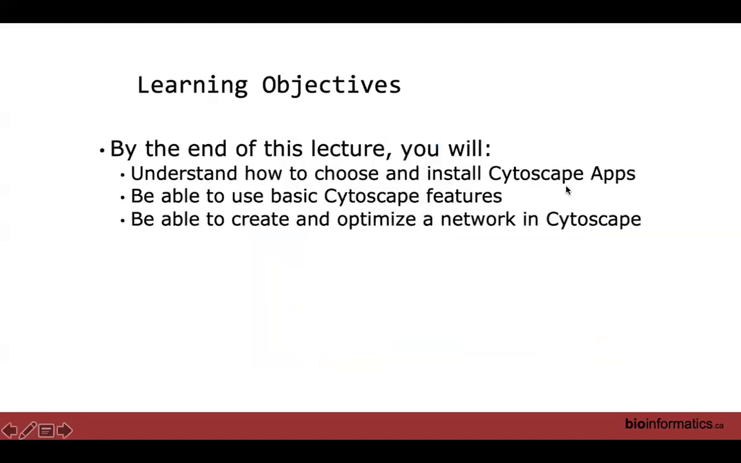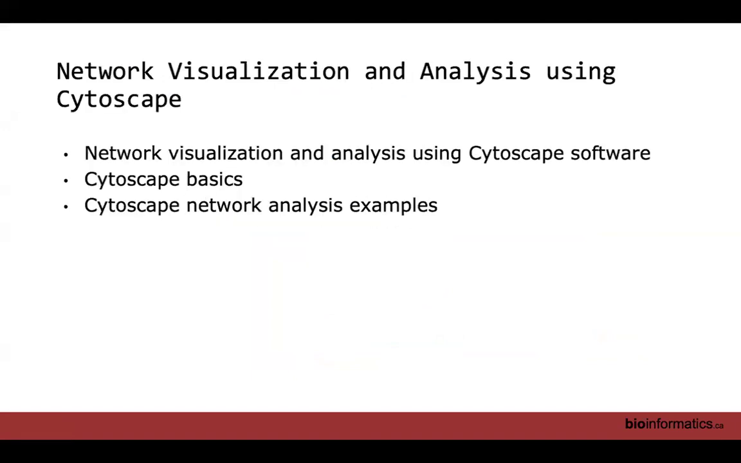By the end of this lecture, I hope that you understand how to choose and install Cytoscape apps, be able to use basic Cytoscape features, and be able to create and optimize a network within Cytoscape. Network visualization analysis using Cytoscape. Network visualization